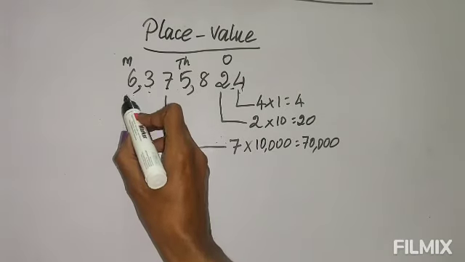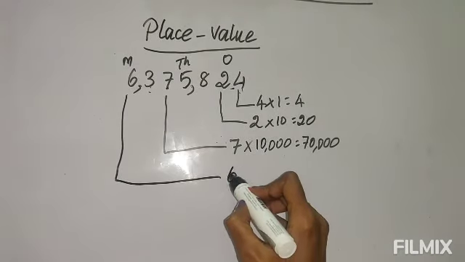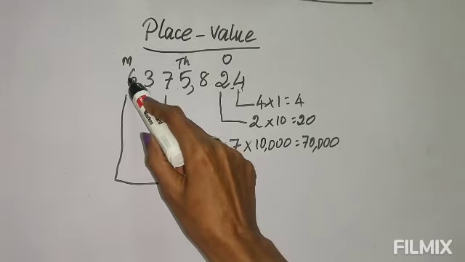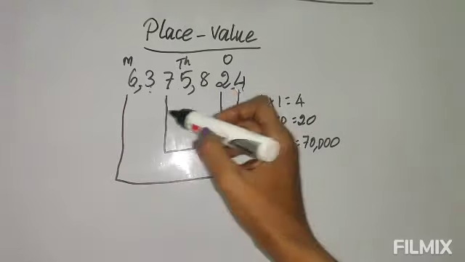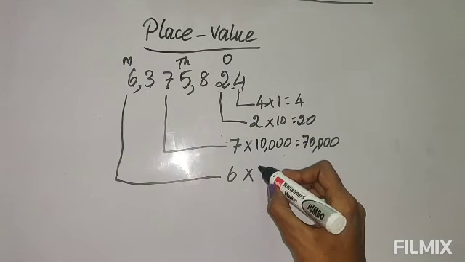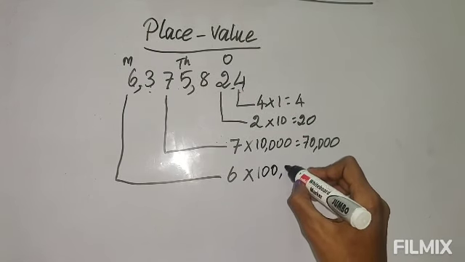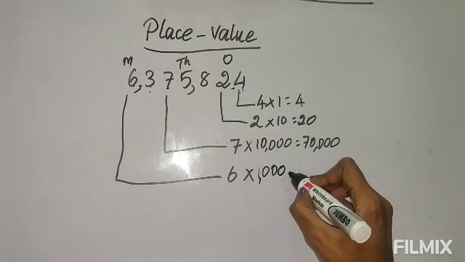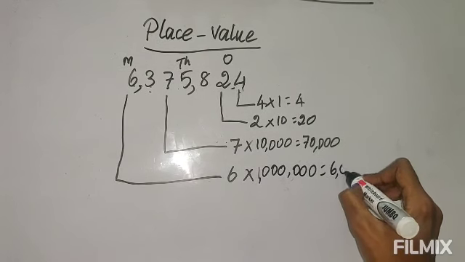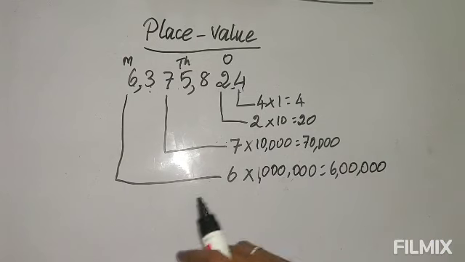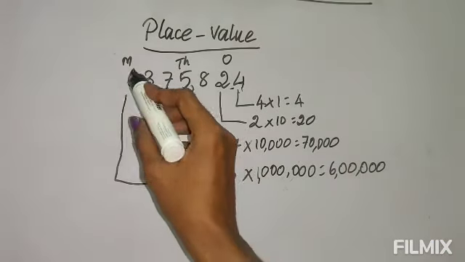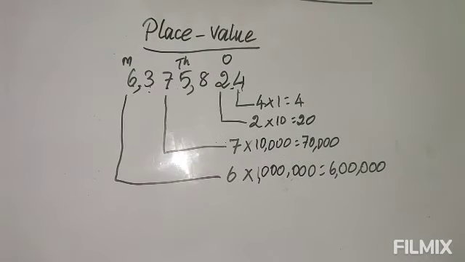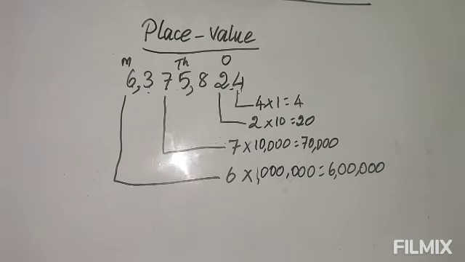Now if you take 6, the number is 6 and you have to multiply by the place. The place here is only 1 million, there are no other millions, so you multiply by million. So the answer will be 6 million. This is the place value of 6. This is the way we find the place value of a number: just multiply the number by its place. As usual, like how we have done in the Indian place value chart, the same way we find the place value. Thank you.